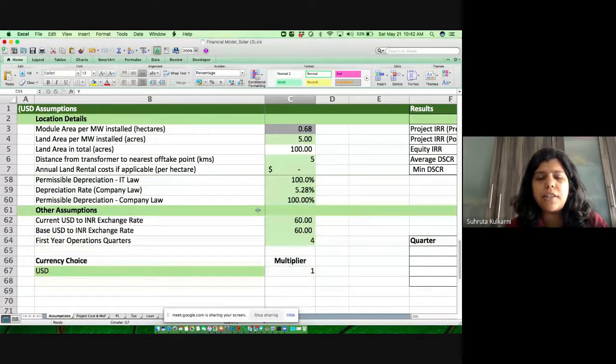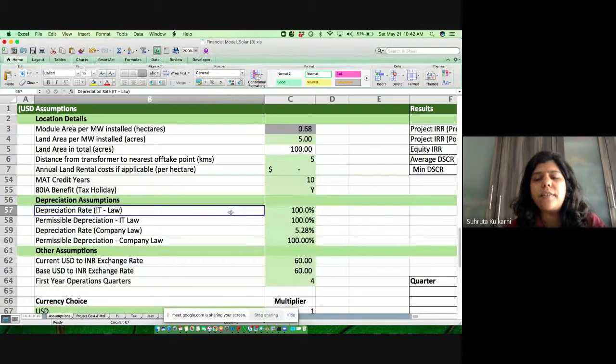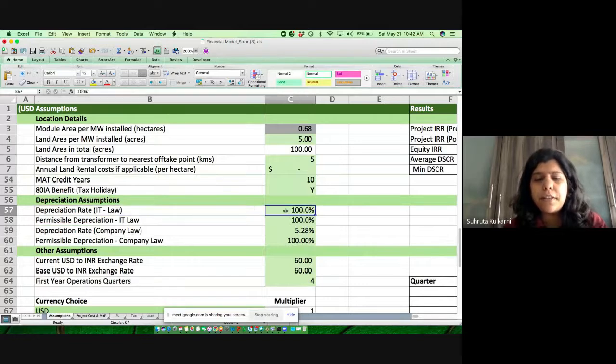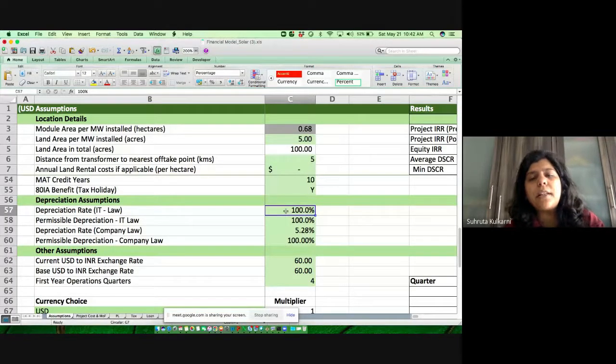Then there is depreciation. Now, because again it's infrastructure, the IT law enables 100% depreciation. Again, depreciation, those who have been studying accounting and finance, you know that, typically land is the only asset which is not depreciated. So out of the total project cost, you need to reduce the land cost and then depreciate other assets. Also, there are different rates of depreciation for different types of assets. Your building will have another rate of depreciation, your computers have another rate of depreciation. You need to take all of these into account.